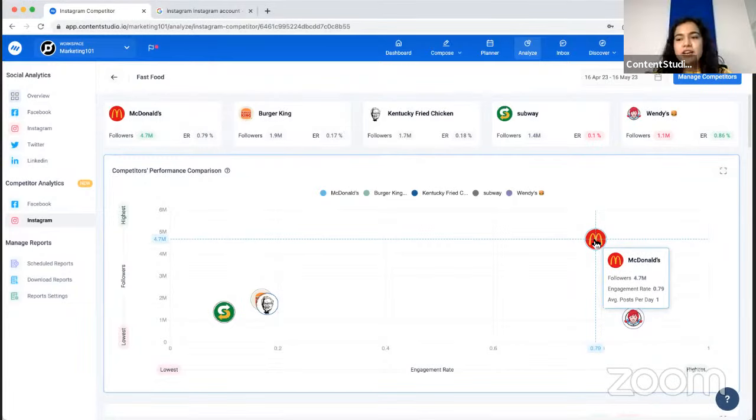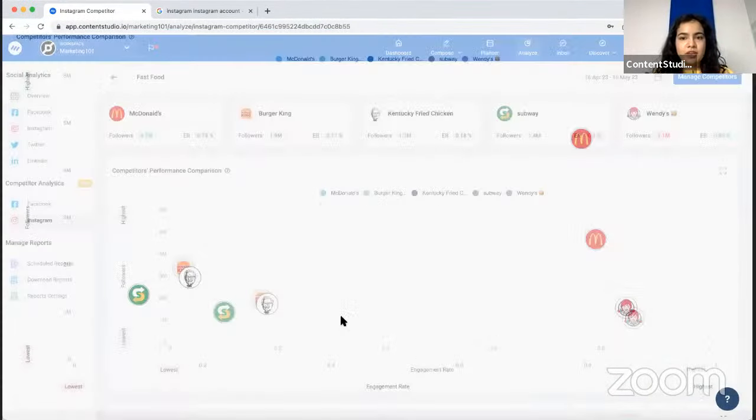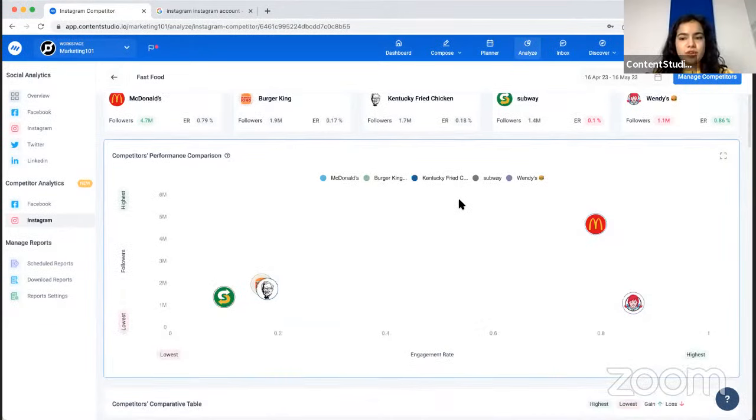When you hover over a specific brand, then it shows you the average posts per day, the engagement rate, and the followers itself also. In case you want to see a bigger screen, you can click over here to maximize it. And then, you'll see a larger graph and it'll be easier to read. You could do this for any of the graphs below. So moving down,